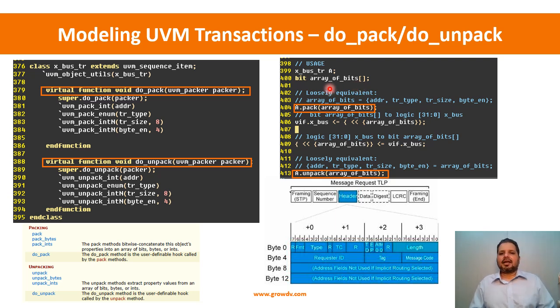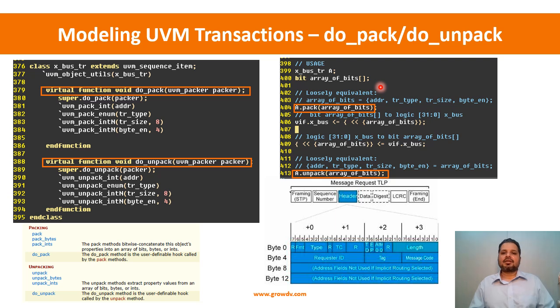So I am declaring an array of bits, and I have declared the xbus transaction A, and I'm calling a.pack array of bits. So what will happen is it will pack it in this order, whatever the order I have specified, and it will become 32 bits. All these fields added together will become 32 bits,